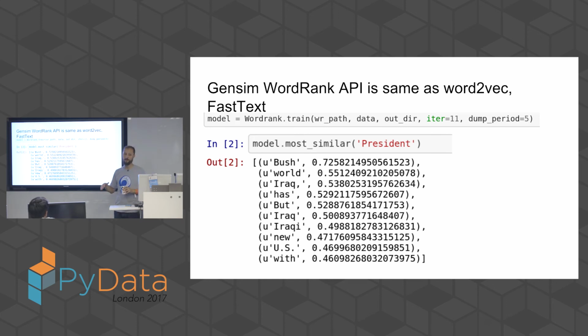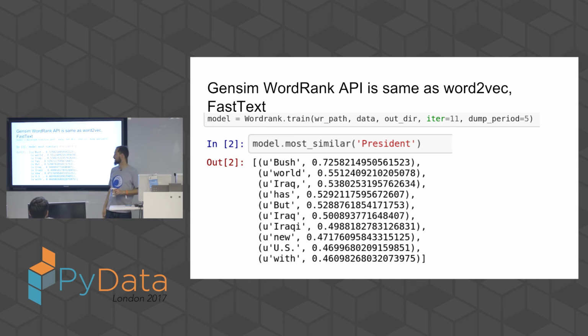We have a WordRank wrapper. The API is the same as for Word2vec. Just train it the same way you would train Word2vec, and it gives you the most similar words. And you can see, when I use any model, when I use Word2vec, I still look at the ranks. So the way word embeddings are actually used, it's really a ranking problem. And it's a very natural definition of the problem to think about it as a ranking. Because usually I just look at most similar, the 3, 5, 10 most similar words. That's how I